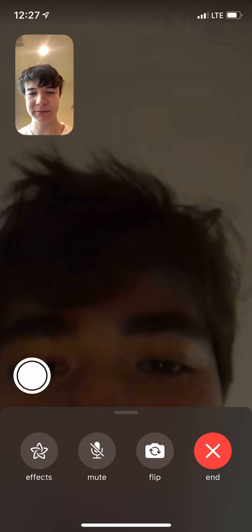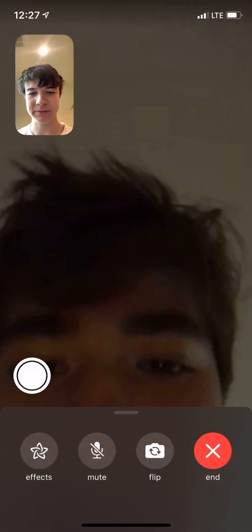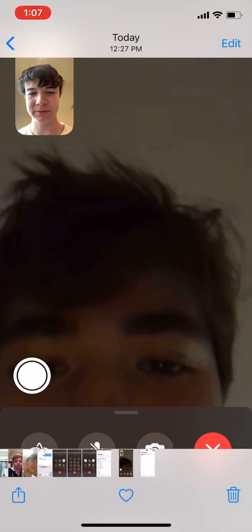There's 5 different buttons. Some of you may not have all of these. What I'm mostly referring to is on the bottom left. You see that button that says Effects with the star. Only newer phones have that function. However, effects aren't really that important. You can add stickers to your face and effects to your screen. If you have a new phone and you're bored, maybe you can play around with that on a call, but